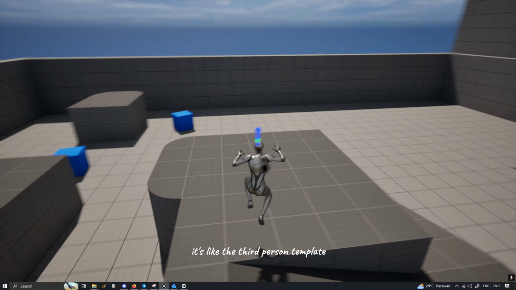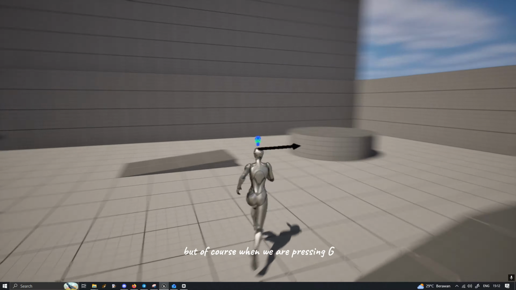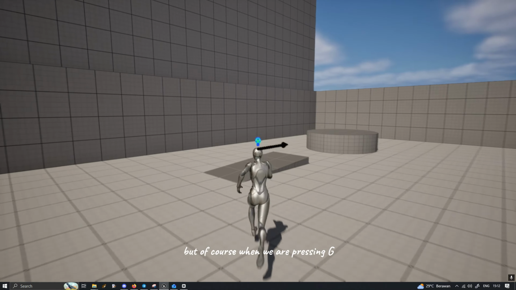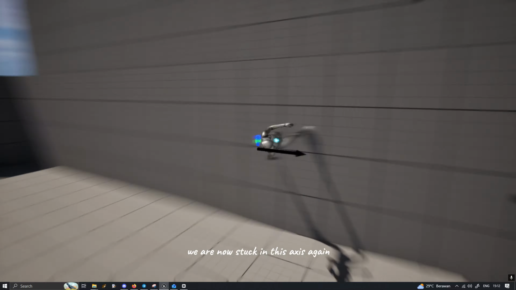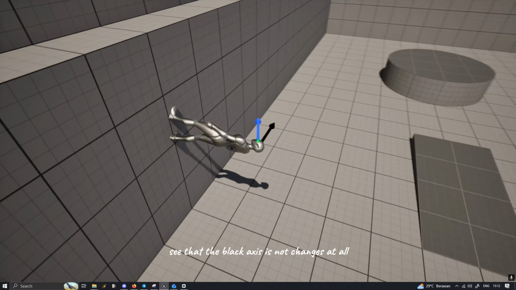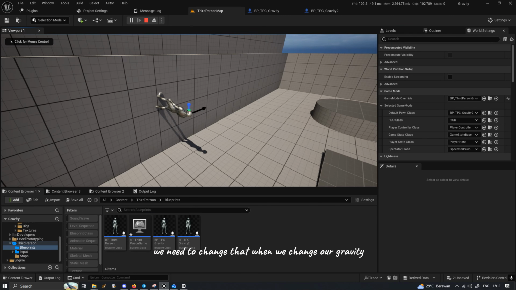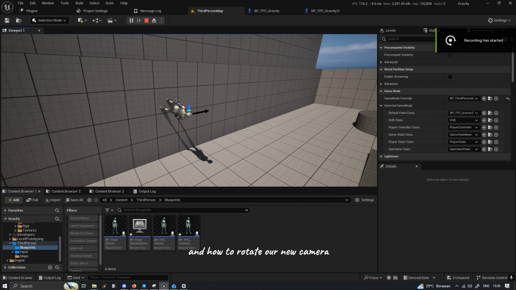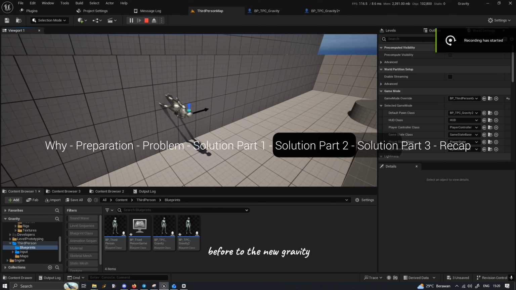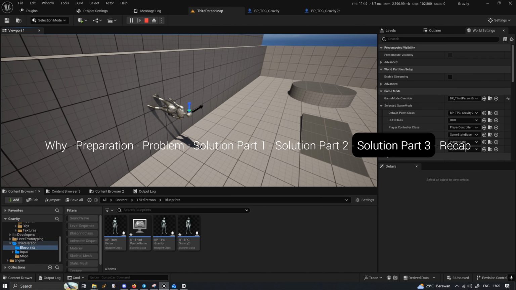It's like the third person template doesn't get edited at all. But of course, when we are pressing G, we are now stuck in this axis again. This is because, see, the black axis has not changed at all. We need to change that when we change our gravity. And how to rotate our new camera pivot to the new gravity rather than keeping the old gravity direction is